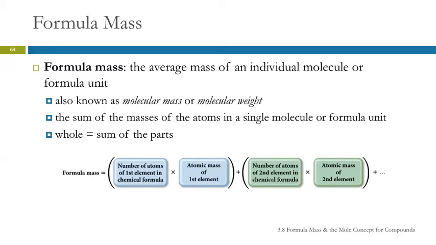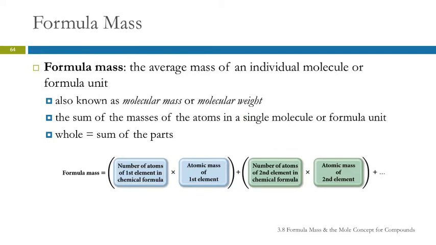So formula mass is the average mass of a formula. That might be a molecule or it might be a formula unit. In an ionic compound, there aren't any molecules, so it's not really correct to say a molecular mass because there's no molecules. So we call it a formula mass. But it's also known as a molecular mass for molecular compounds, or sometimes a molecular weight, because weight and mass